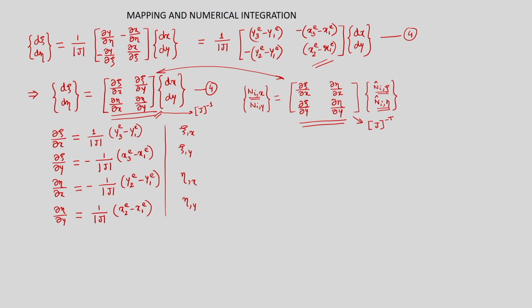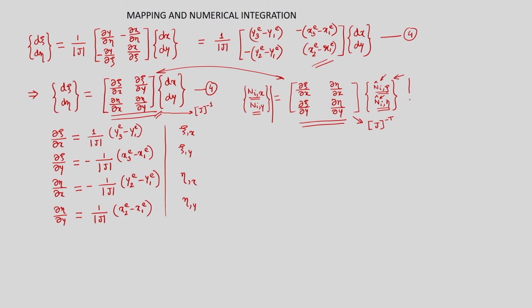Right. So, we already have obtained the Jacobian in the earlier slide. So, we just now have to invert it, take the transpose of it and pre-multiply with the derivatives of the shape functions with respect to xi and eta. We already have derived the shape functions in the master element, in terms of xi and eta, so we can easily take the derivative with respect to xi and eta. So, this allows us to find the derivatives of the shape functions Ni's and Nj's in the physical element, because these are all in terms of x and y.